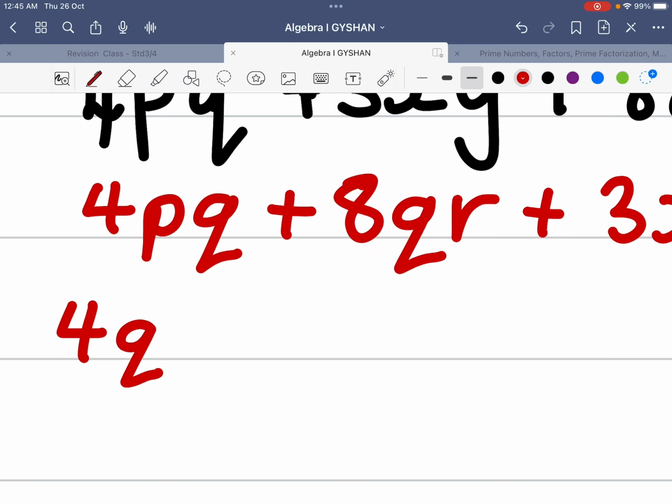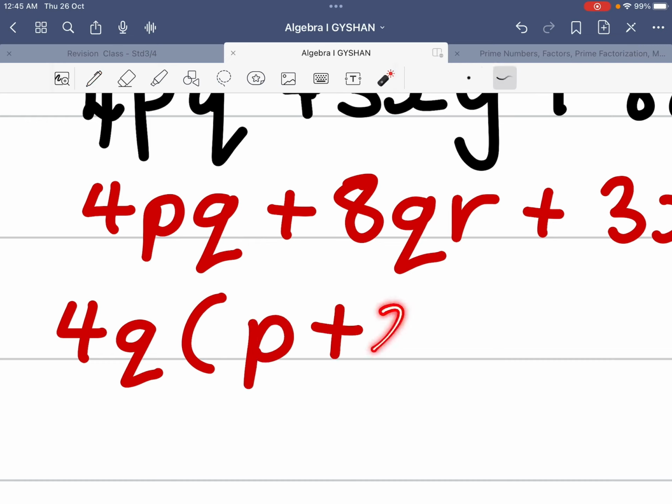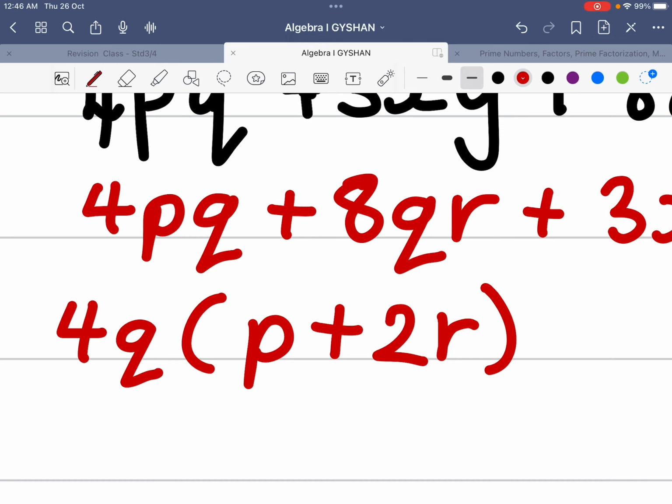And now we want to get back to the original expression. So that will be 4Q multiplied by P plus 4 times 2 will give you 8. And Q times R will give you QR. So R will be here. Plus